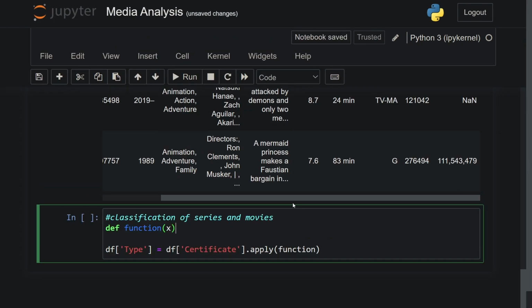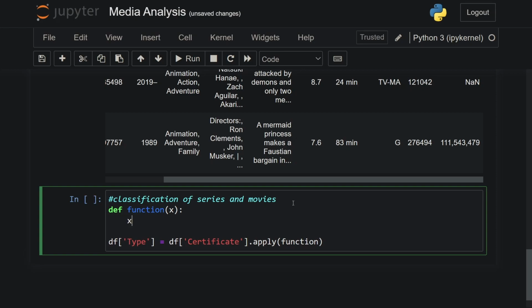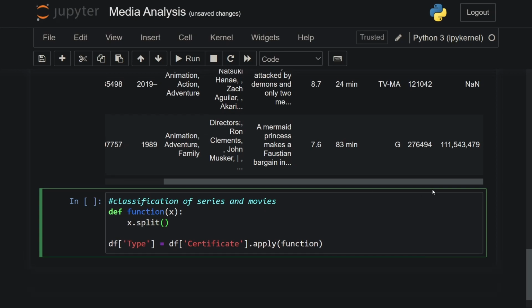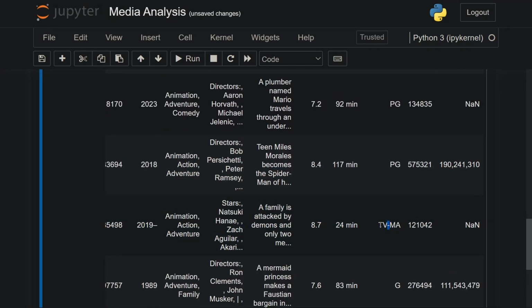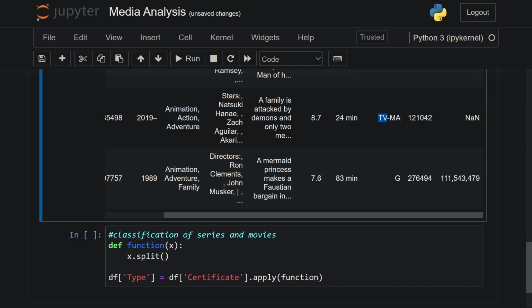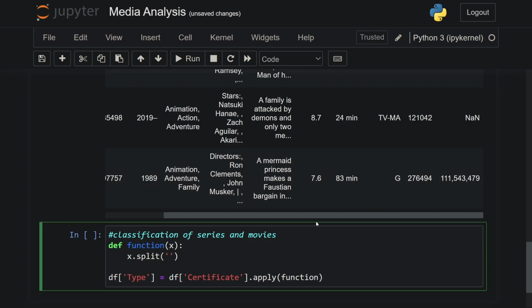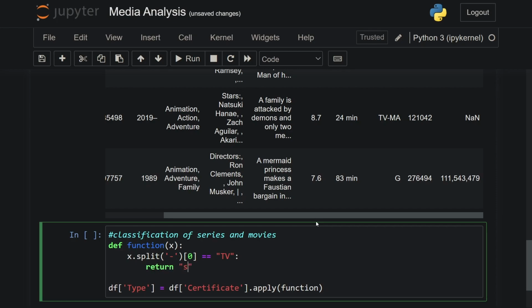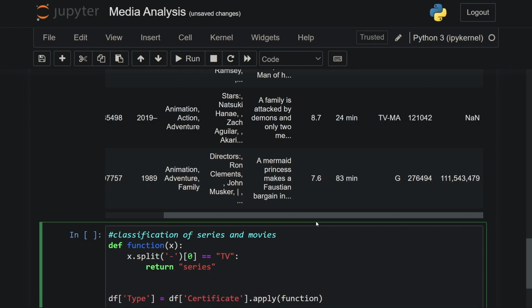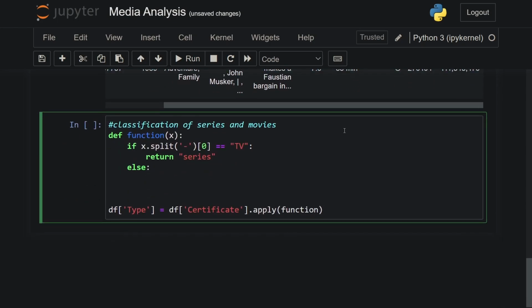and then it takes in x, and if x.split, let's say when we split this by the hyphen and check for the first index, then we should be able to get TV. If we're able to get TV, then it's a series. So that's what we're going after. So split this and use 0 like this, which should be equal to TV, like that. Then return series, like that. Else, actually I have to define this as an if condition, like this, and create else column, and return